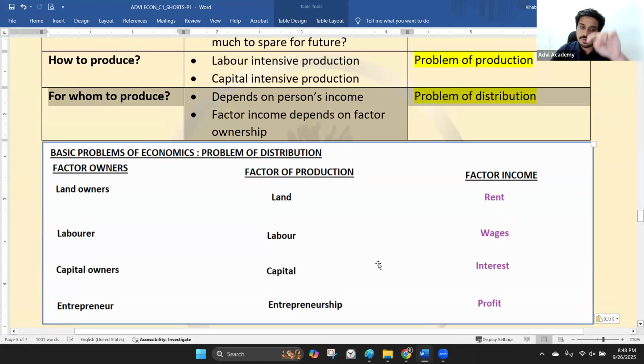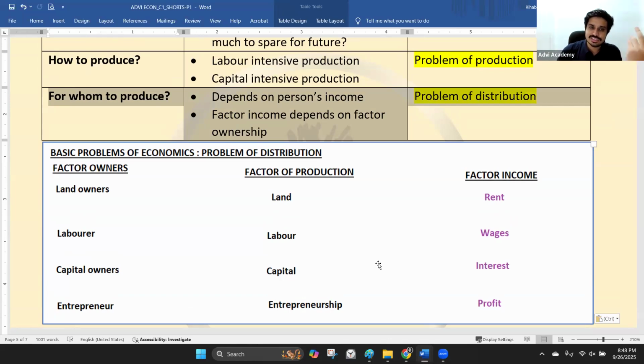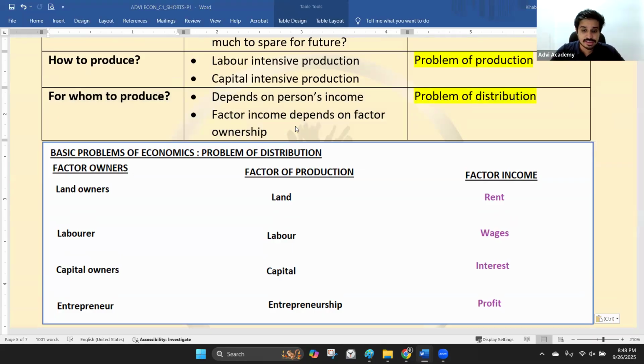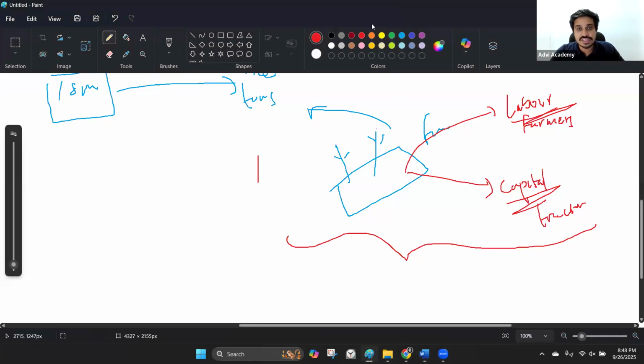Now, rice, of course: all four of these incomes, whether you have rent income, wages income, interest income, profit, whatever, you're getting an income, you'll be able to buy rice. So anyways, it doesn't really matter. But think about high quality, high priced products like a handbag. You have these very luxury handbags, Gucci, Prada, and all these handbags are there. Who will buy those? Those are the rich, the high rich class, basically, right?